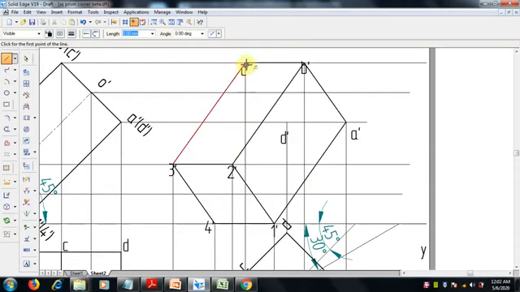Already visible is over, then whatever remaining we are going to draw is hidden only. This is hidden and this is hidden. So these hidden edges join with this, which is also hidden, because this 4 crosses the visible base, so here it is hidden. Fine, everything is over.